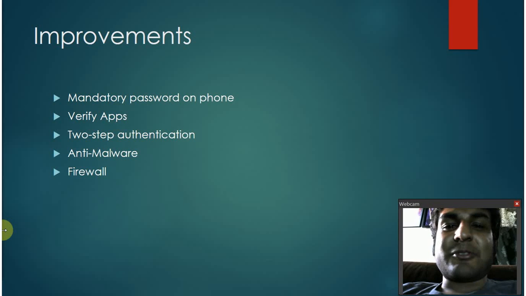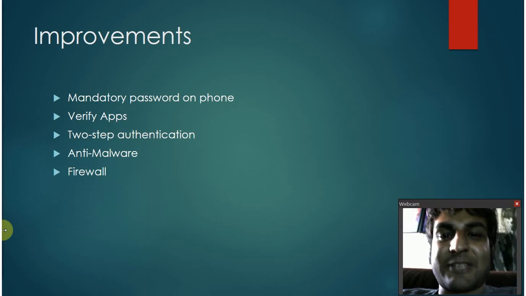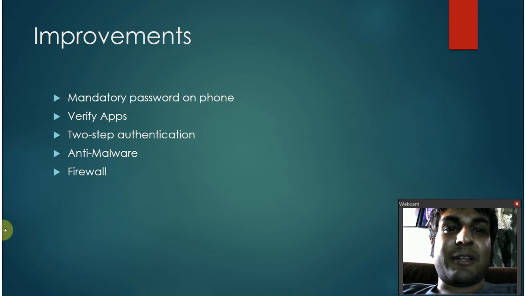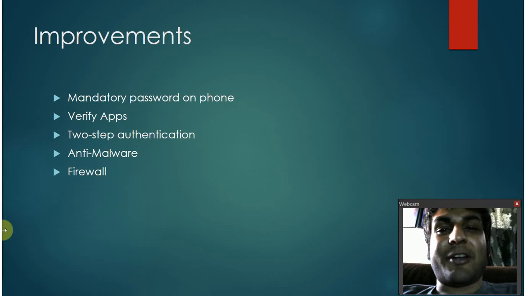At the same time, try to avoid unsecured Wi-Fi if you can. Obviously, sometimes you just need it quick to get on, but you have to be careful with that stuff. If you have a firewall on your device, it might be able to help with that kind of thing.